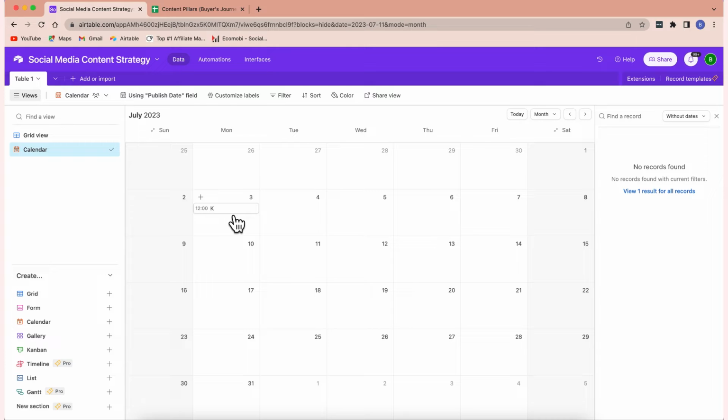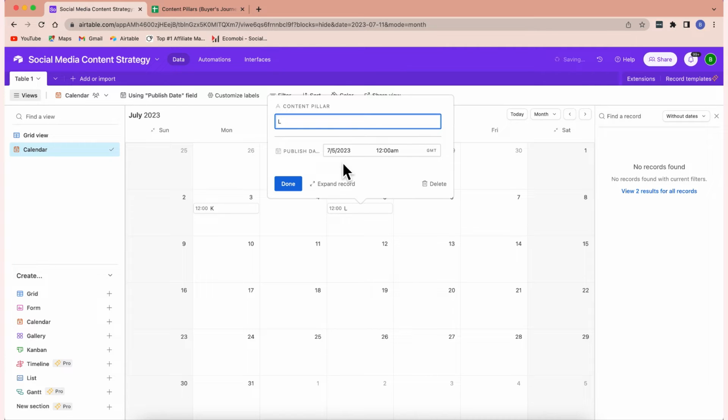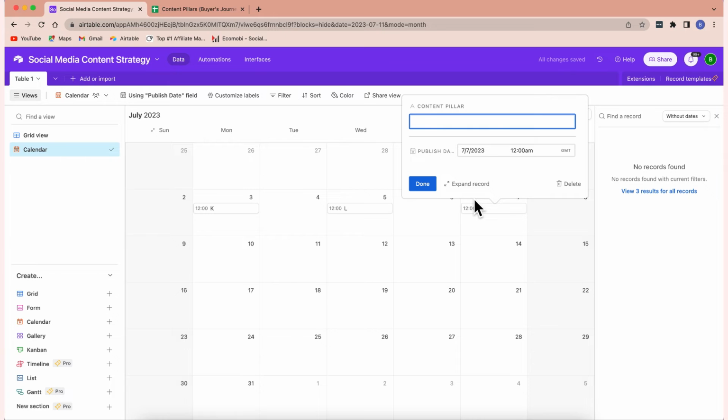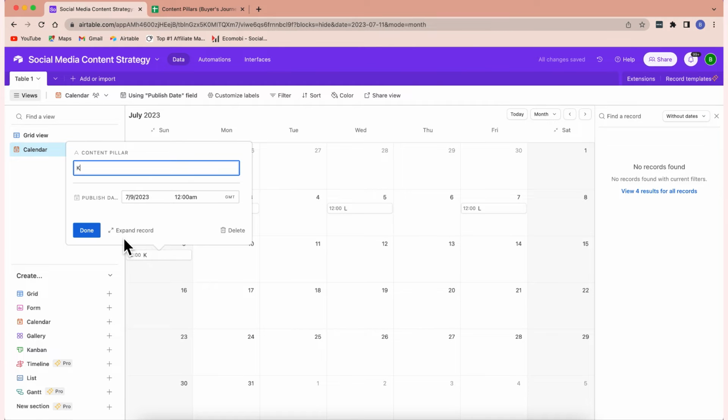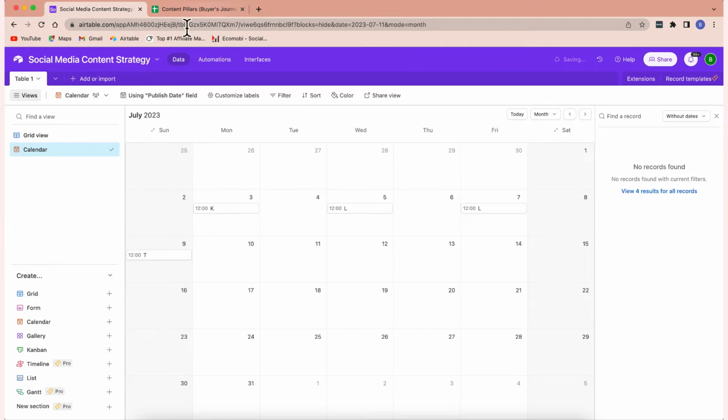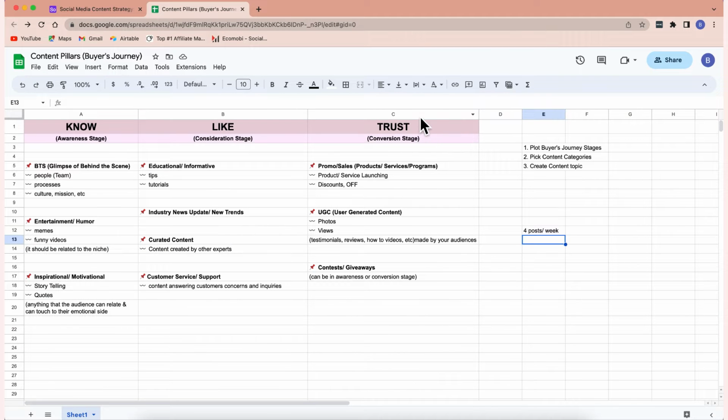But for someone who is handling a first-time client and you don't know when is the best time to post pa, this would be a good strategy. So for example, this one is no, and then like, this one is like pa rin, and then this one, Sunday, would be the trust or sell dito sa conversion.